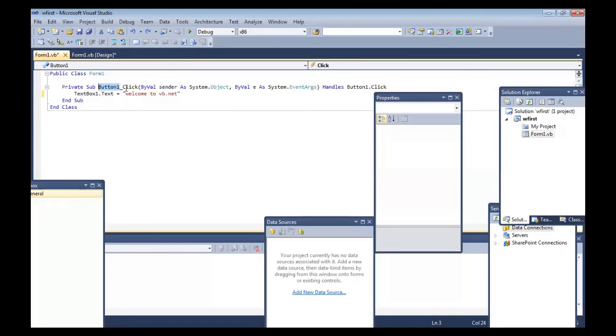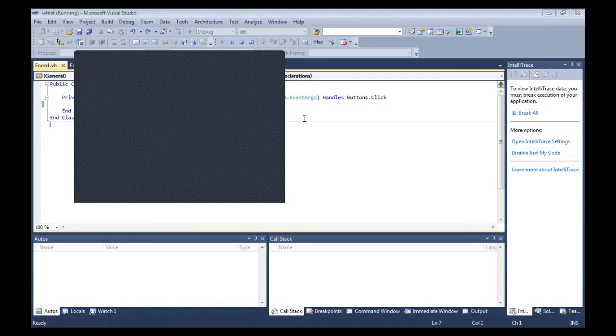By using button1's click event. So if you write this, then the second thing is to execute this program. Simply click over this button, or you may use the function key F5. When you click over it, it opens a form window.